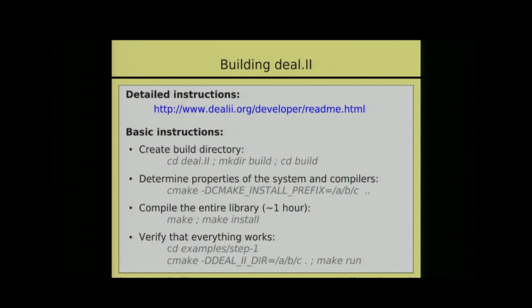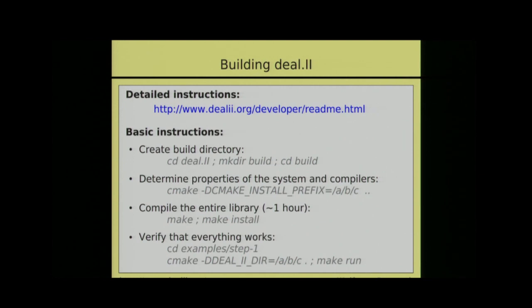And so to CMake, you need to pass two arguments. The first one is this -D CMAKE_INSTALL_PREFIX, and I set this to /a/b/c. That is going to be the directory into which the final result will be installed. Okay, so